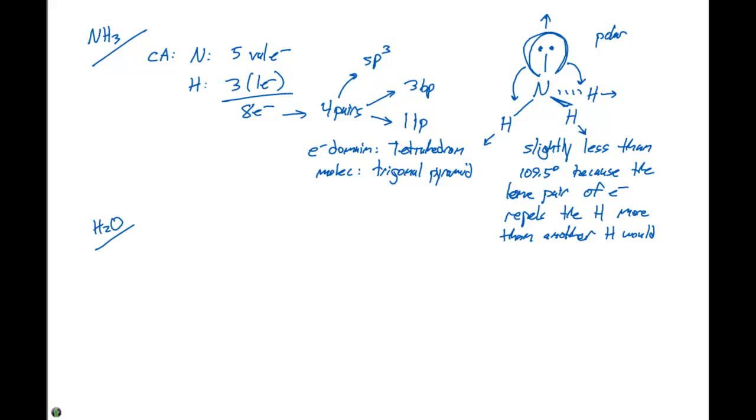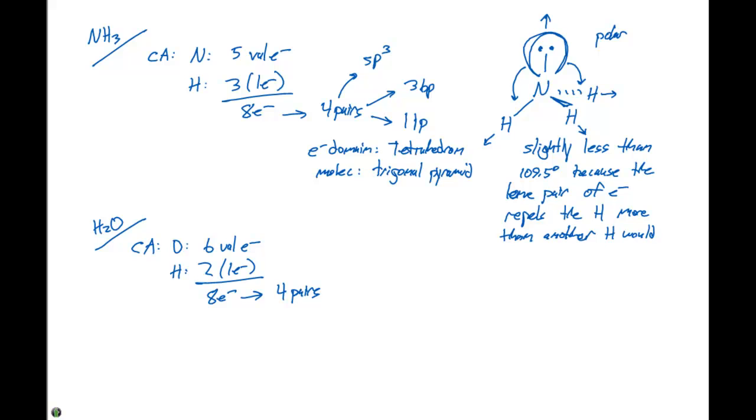So let's look at another example, and let's look at water. In water, our central atom is going to be oxygen. The oxygen, as a central atom, is going to contribute electrons, so there are 6 valence electrons. Here are hydrogen. There's 2 of them. Each are going to contribute 1 electron. This gives us a total of 8 electrons